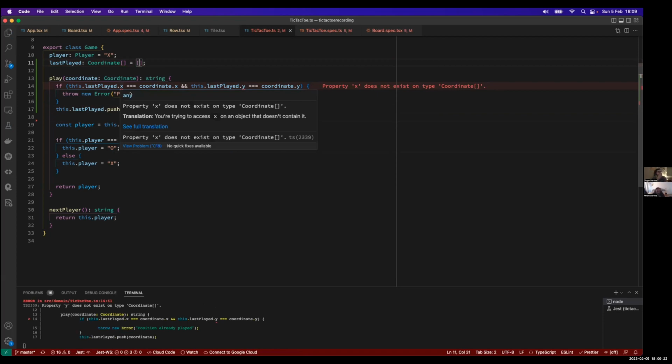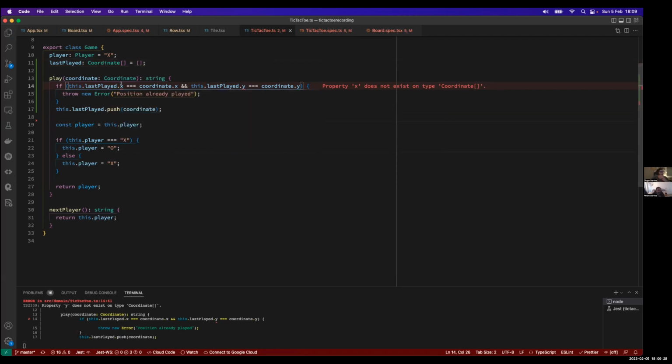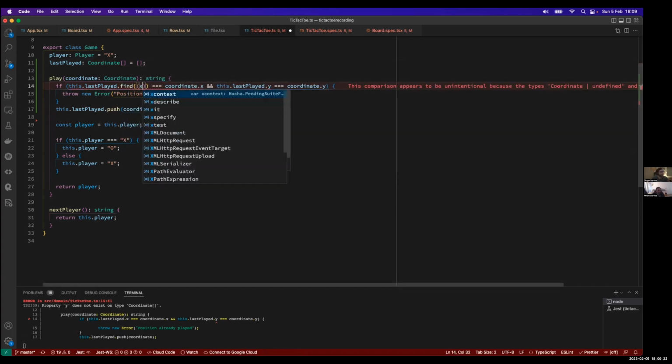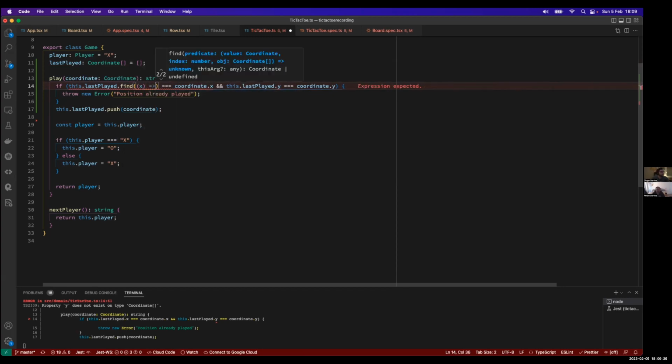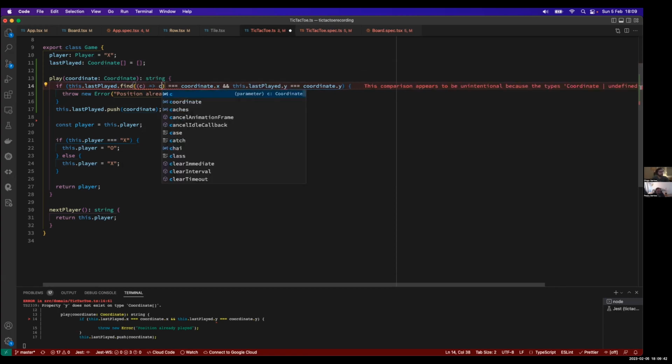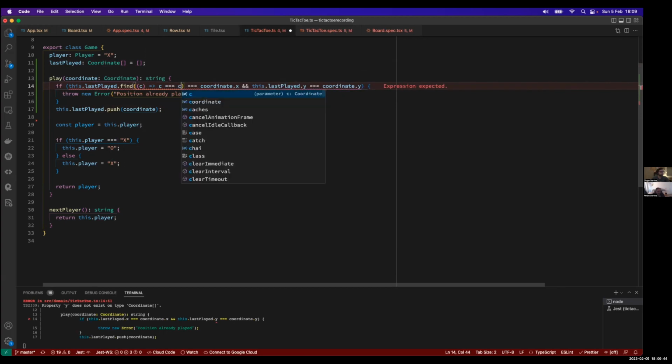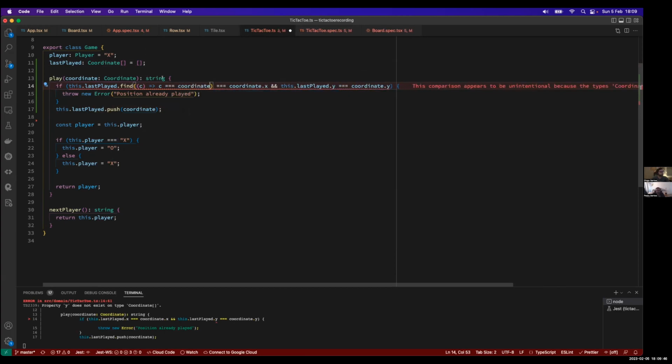Okay, so we need to do a find, right? Remember those methods? So lastPlay.find, you open, you put the... Is it X? It's C for coordinate, I think. C. And now we need to find if there's a C.x. No, I think that's not going to work. C.x, C.x equals coordinate.x and